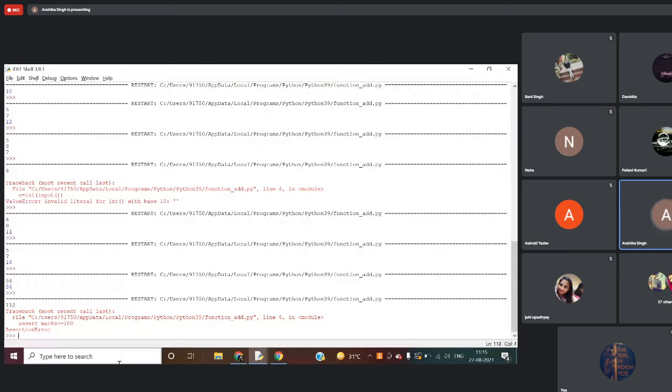Then comes the pass statement. What does the pass statement do? It will be passing the control to the next statement, right?